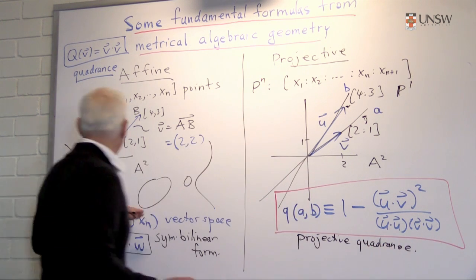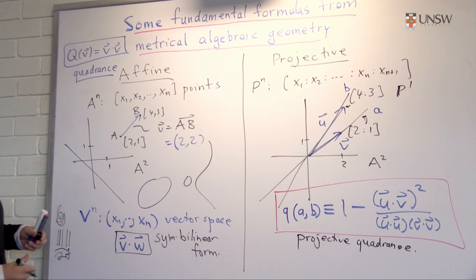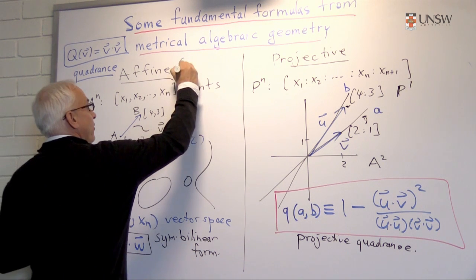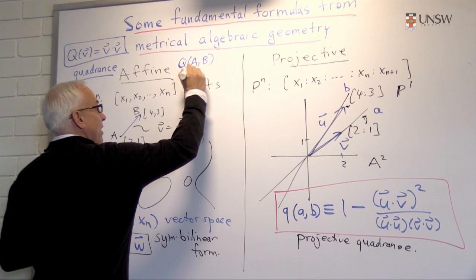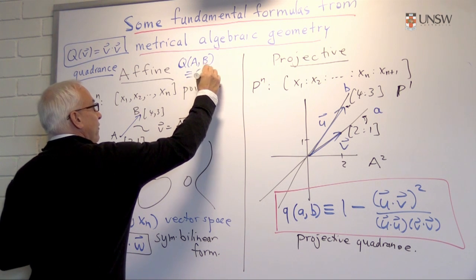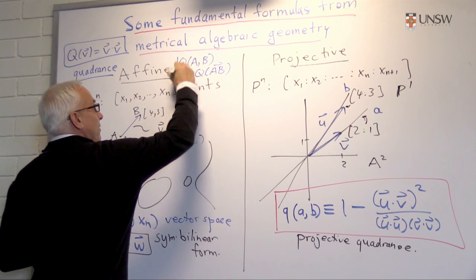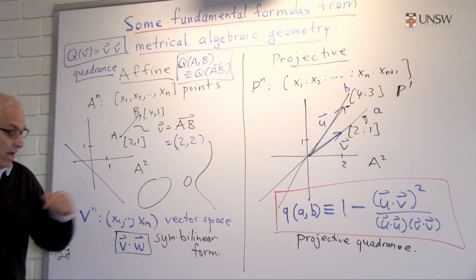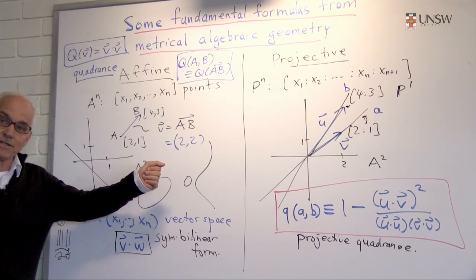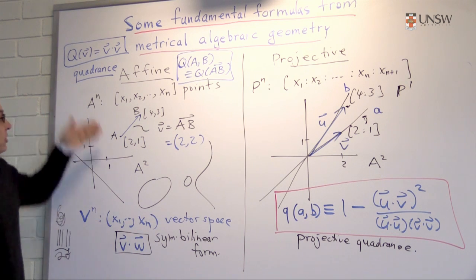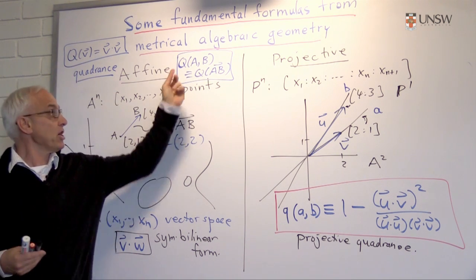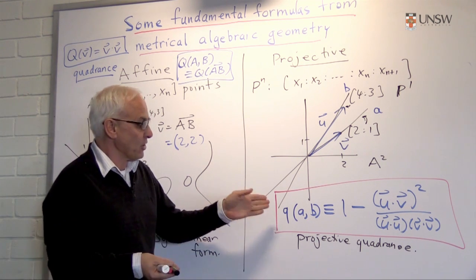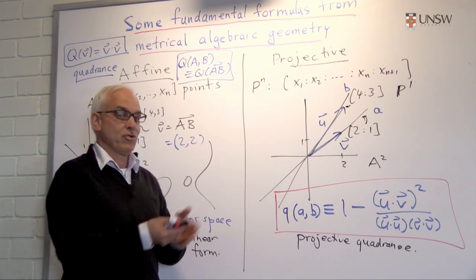And over here, to get a metrical structure, I'm going to define, maybe over here, the quadrances between the point A and the point B will be, by definition, the quadrances of the vector AB. Okay, so the starting point in both situations is a symmetric bilinear form on an affine space or a vector space. And from that, we can build a notion of quadrance where we're measuring either the separation of points or the sizes of vectors. Or in the projective setting, we have a notion of projective quadrances between projective points.